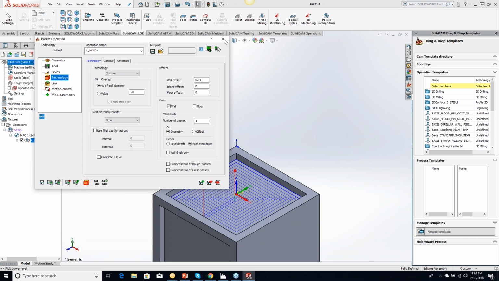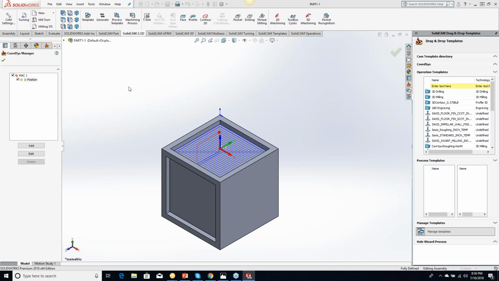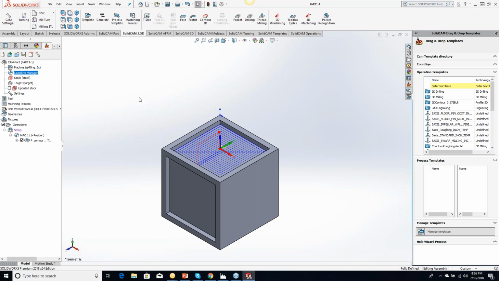Okay, so we got our pocket operation there. Now, I don't have any other coordinate systems on there, so you'll see I just have one Mac on there. So now if I highlight this and click and drag it,